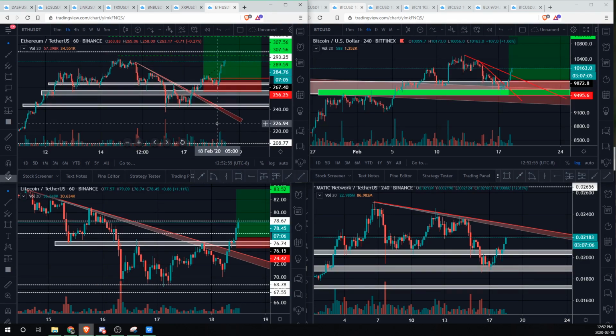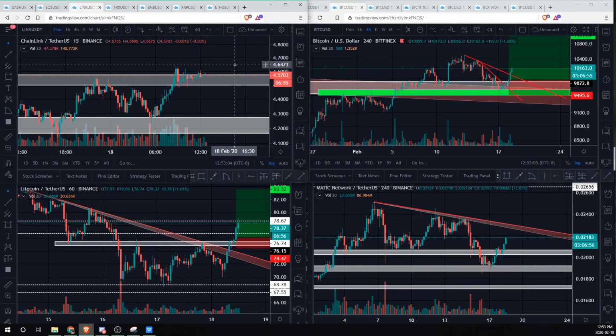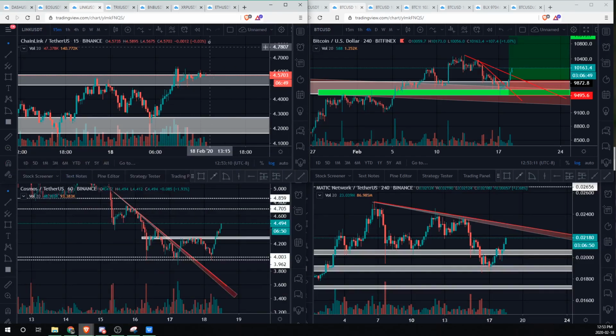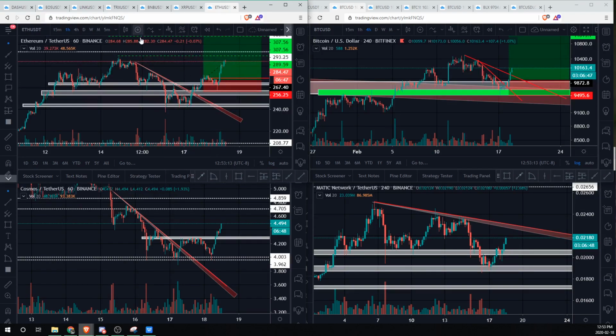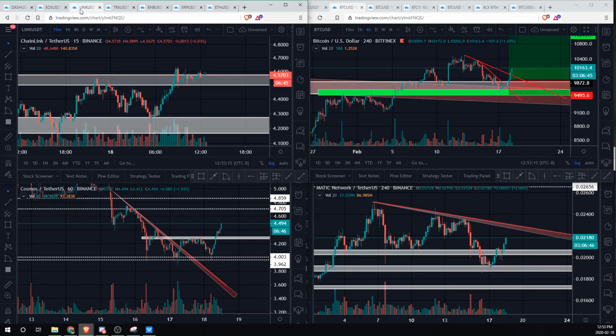Before we get into every single alt, this will be more of a diving deep into it because they have moved significantly. Some of the different alts within the market, like we see Link, have not really made that move like some of the alts we're in. Litecoin's made a pretty big move. Ethereum's made a pretty big move, but for example, Link has not really seen a significant move. So this could be a nice